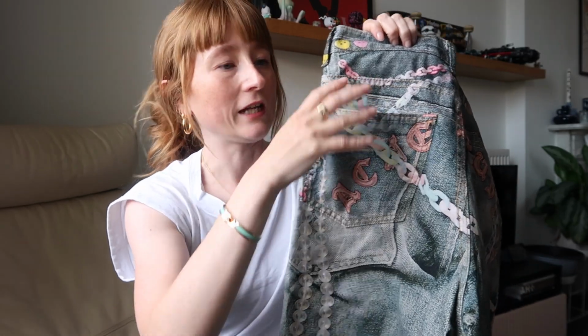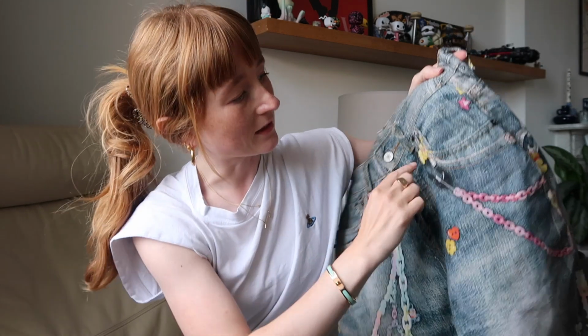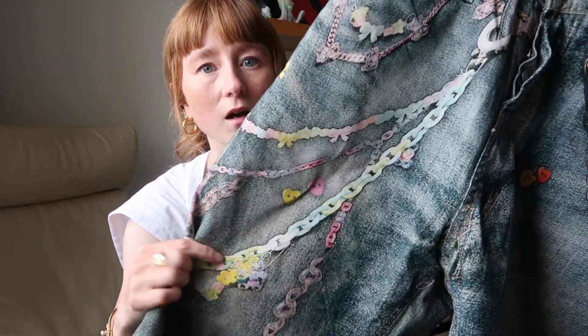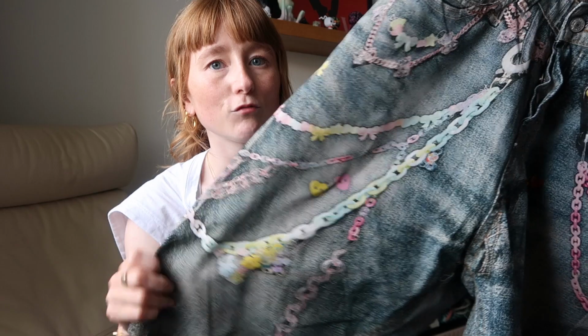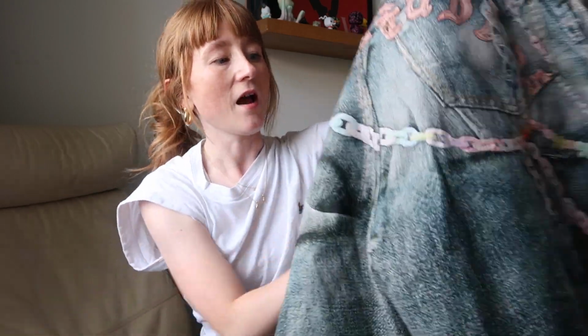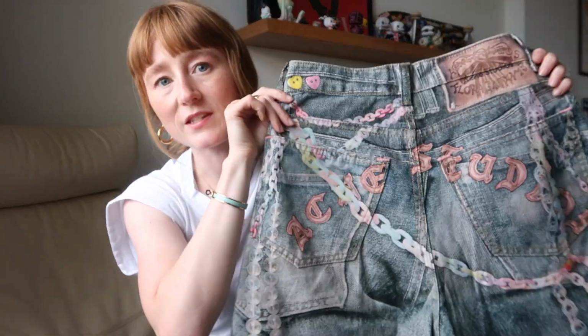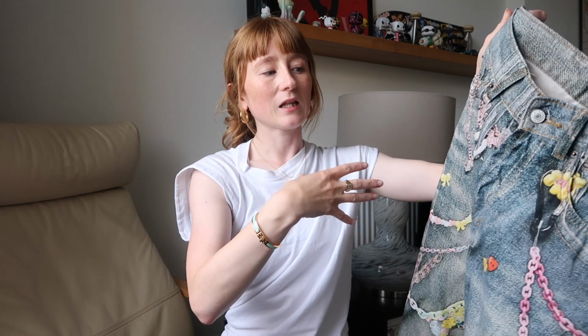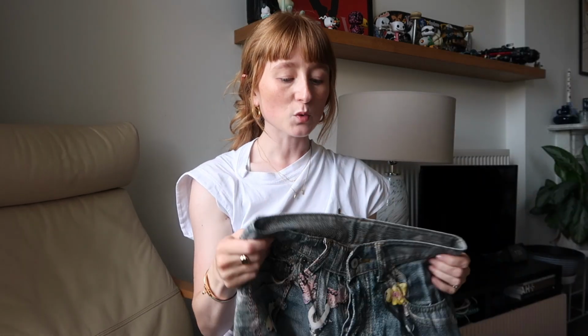so they don't even align. And then again the same here, well they kind of align, so that bit's printed and then the actual pocket is here. And then obviously all these chains and charms, they're not real, they're printed on. And then across the bum it just says Acne Studios, and even this label at the top, not actually there, just printed. So if you were to take the print off, these would be a very plain pair of cotton